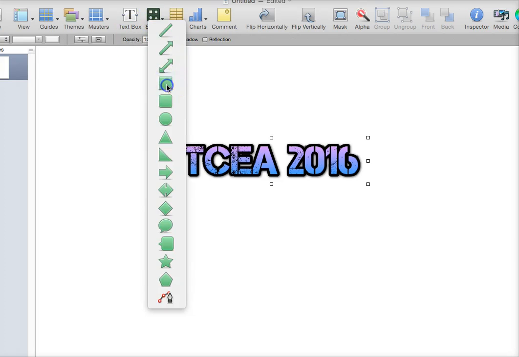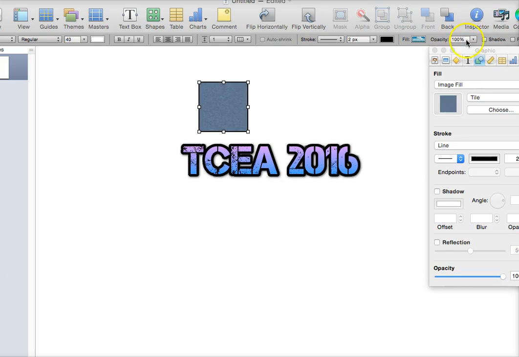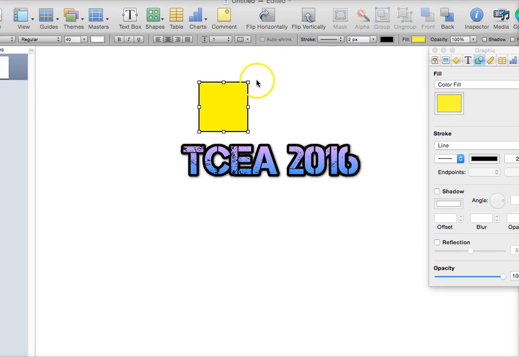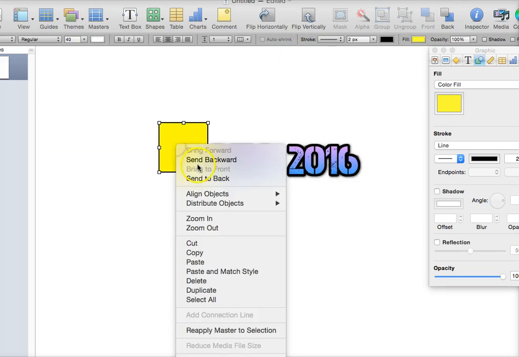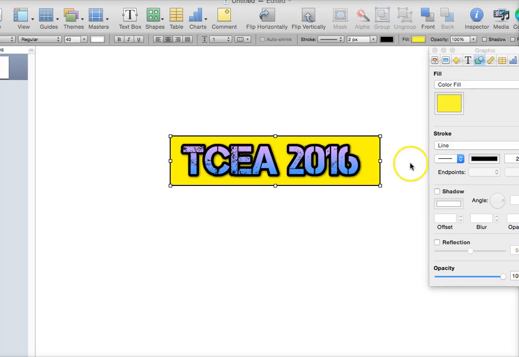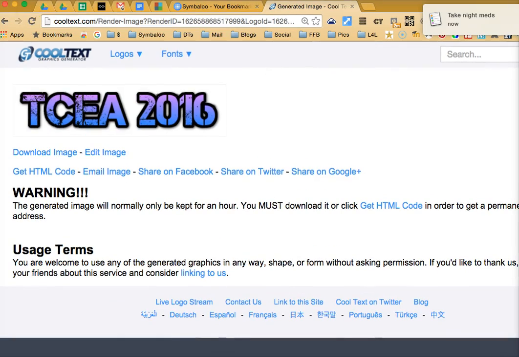And I'm going to insert a shape box. And I will make the color bright yellow. I will drop it to the back. Okay, I'm going to let that set there for just a minute. I'm going to go back to